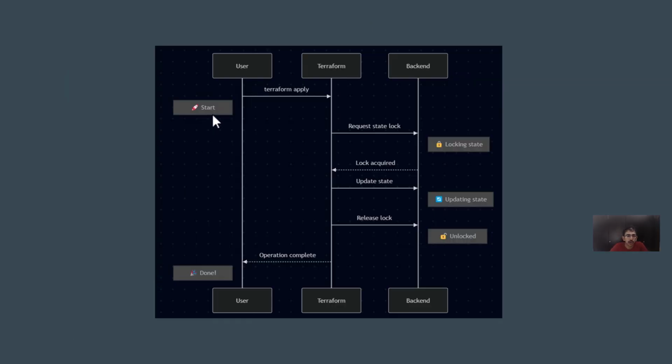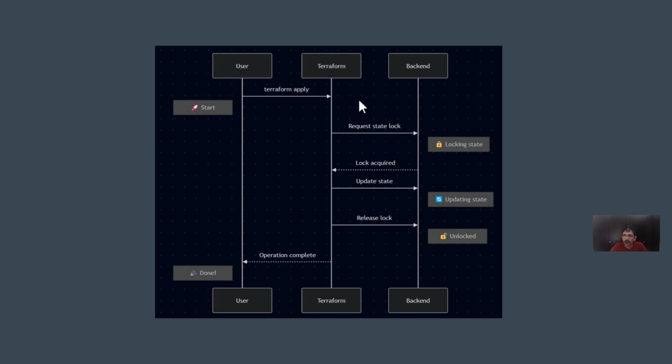At an overview, it would look something similar to this. You have a user, you have Terraform, and you have a backend where the terraform.tfstate file is stored. At the start, the user runs a Terraform apply operation. Now Terraform, before modifying the tfstate file in a specific backend, will first request a state lock.